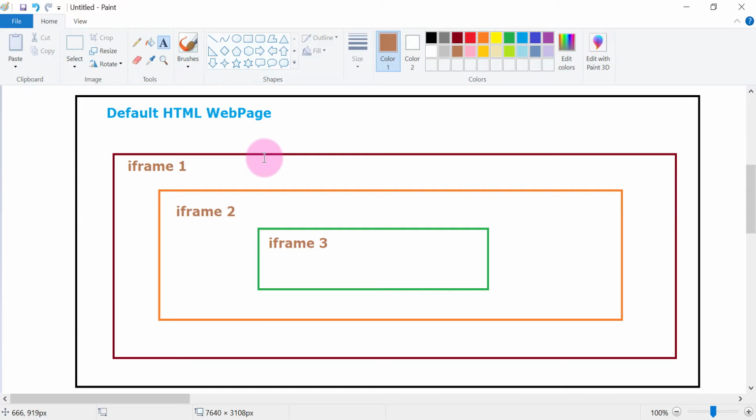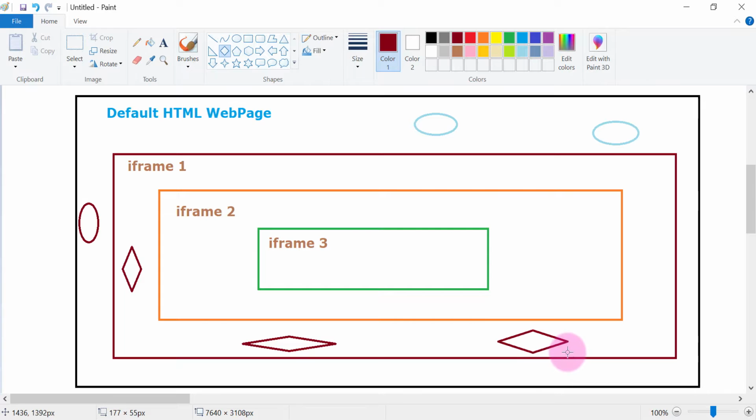So how to handle this? Let's say on the default web page, I have some web elements. It can be anything, right? There can be a text box, there can be some buttons. And on frame 1, I have a different text box, some buttons or links, right?